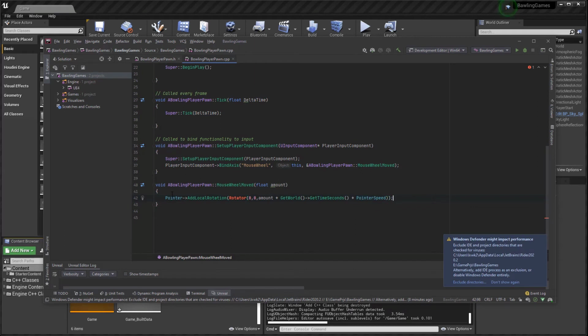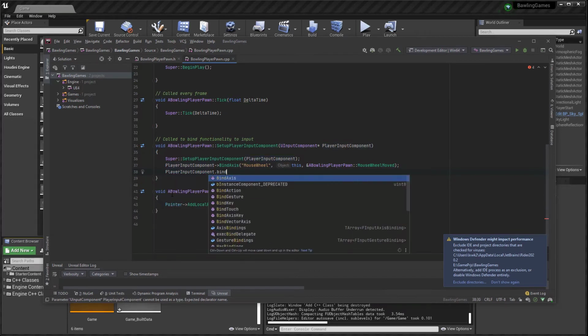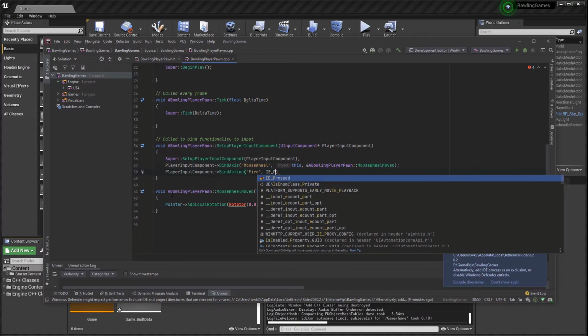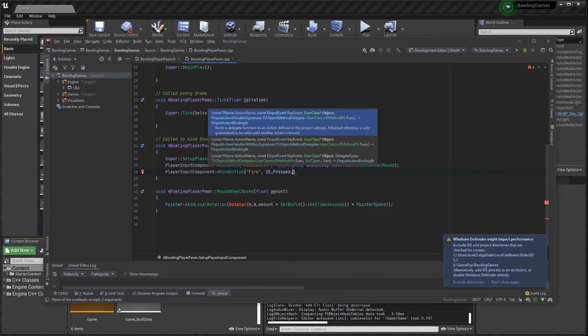Pointer speed, right? We have created that already. Okay. All right, and then we can also do player input component and bind action this time, and we're gonna say fire, and then IE pressed. So that's when the fire button is pressed. We're gonna call a function